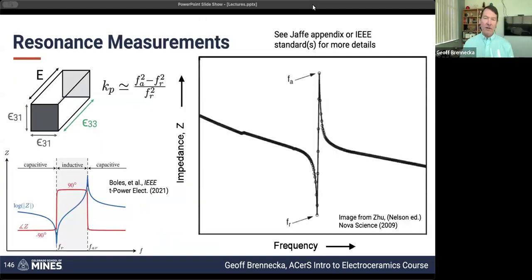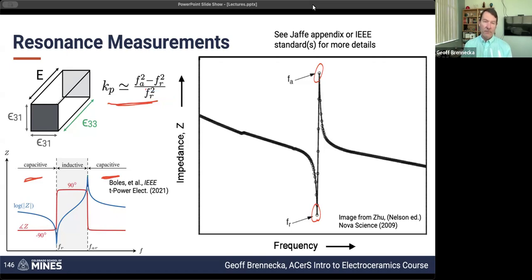All right, so another example of this. Again, just a picture of an impedance measurement where you get a resonant frequency and then an anti-resonant frequency. And from that, we back out the parameters. What this is showing is that when we're looking at the impedance itself, the reason for this resonance is that we've got a capacitive portion above and below the resonance, and in between, from a circuit perspective, it's looking like an inductor. But from that simple measurement, just the resonant and anti-resonant frequencies, we can get the coupling coefficient